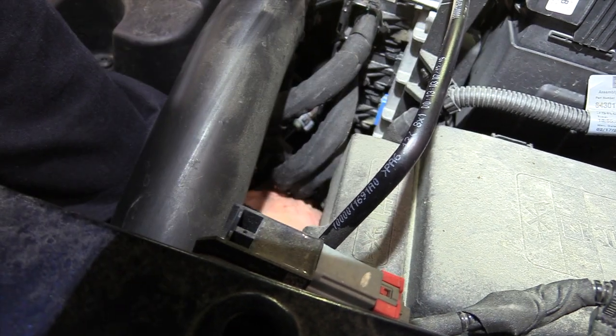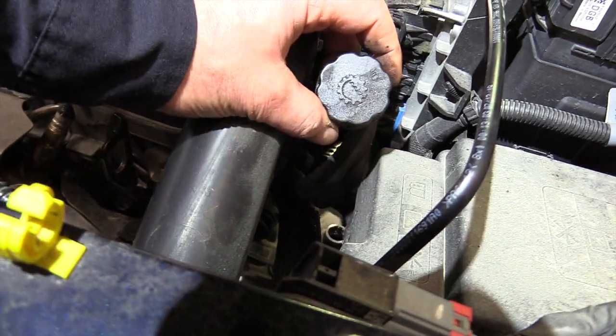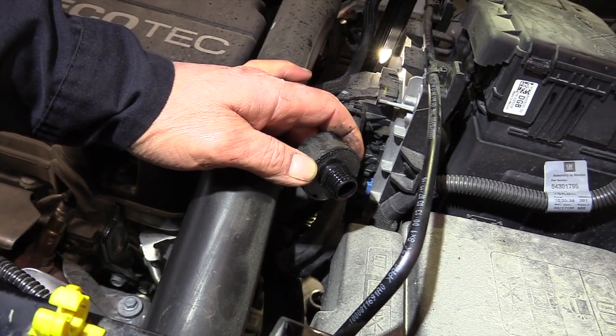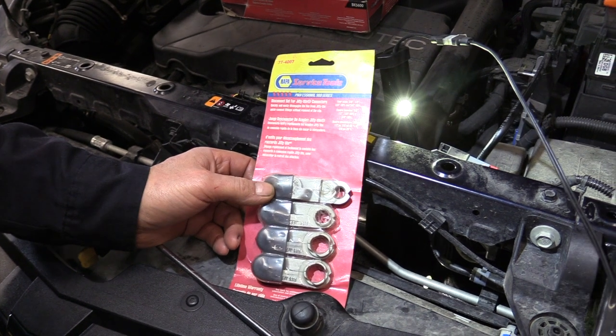Okay, and I'm going to pull that out, and there it is. So there's your fill cap. It just screws in. It's got an O-ring seal on the top. Okay, we're going to be taking off the cooler line to do the flush, and they have what's called a